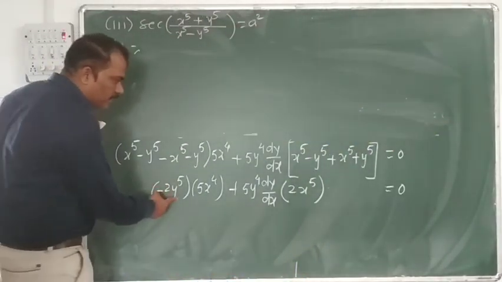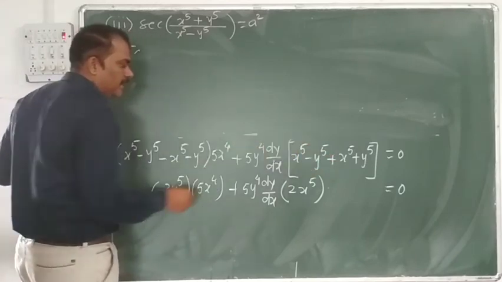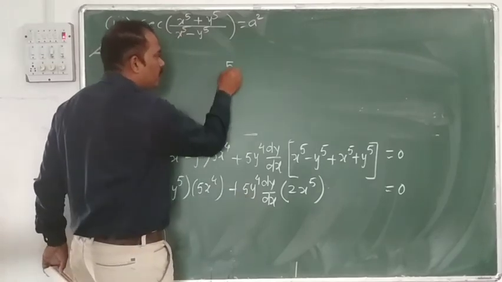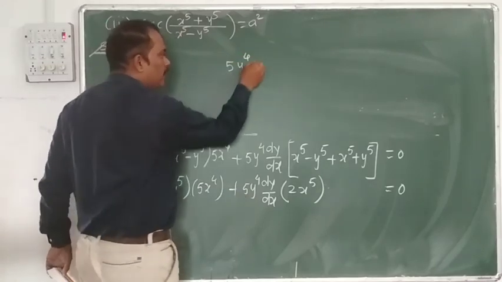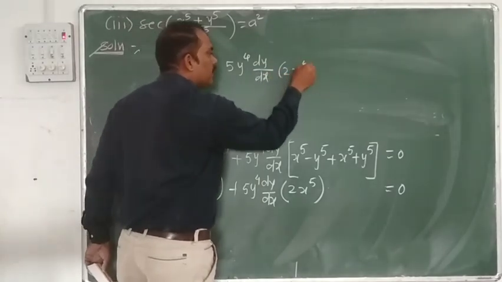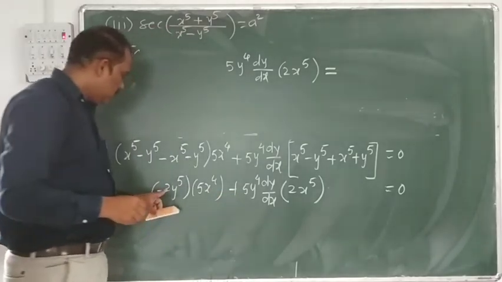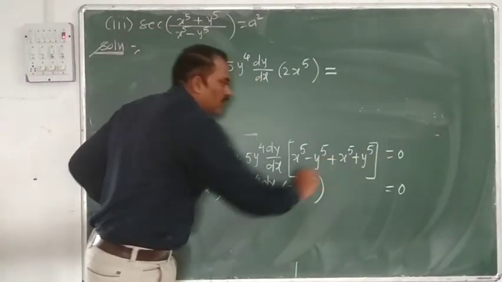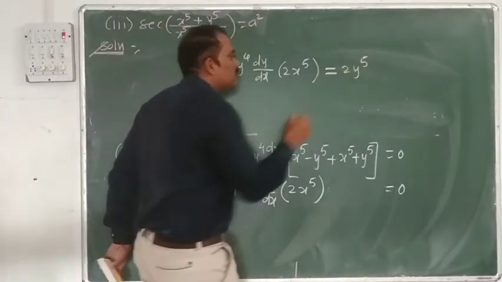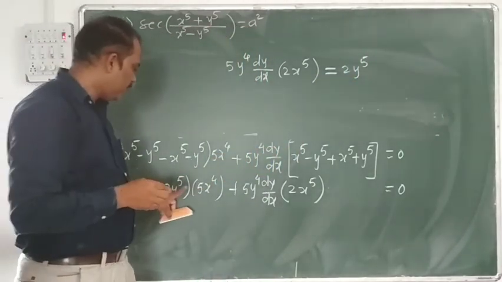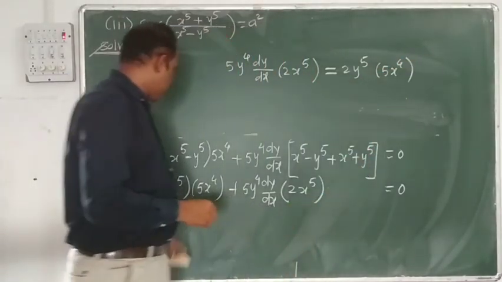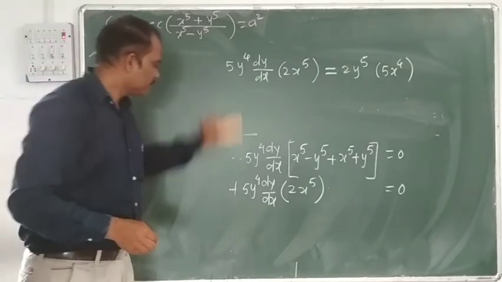So we have to transfer this whole term to the RHS, it becomes plus, so that on the LHS remaining only 5 times y raised to 4 dy by dx into 2 times x raised to 5 is equal to, this minus comes when you transfer to the RHS, it becomes plus, so that 2 times y raised to 5 into 5 times x raised to 4, check that, 5 times x raised to 4, so that